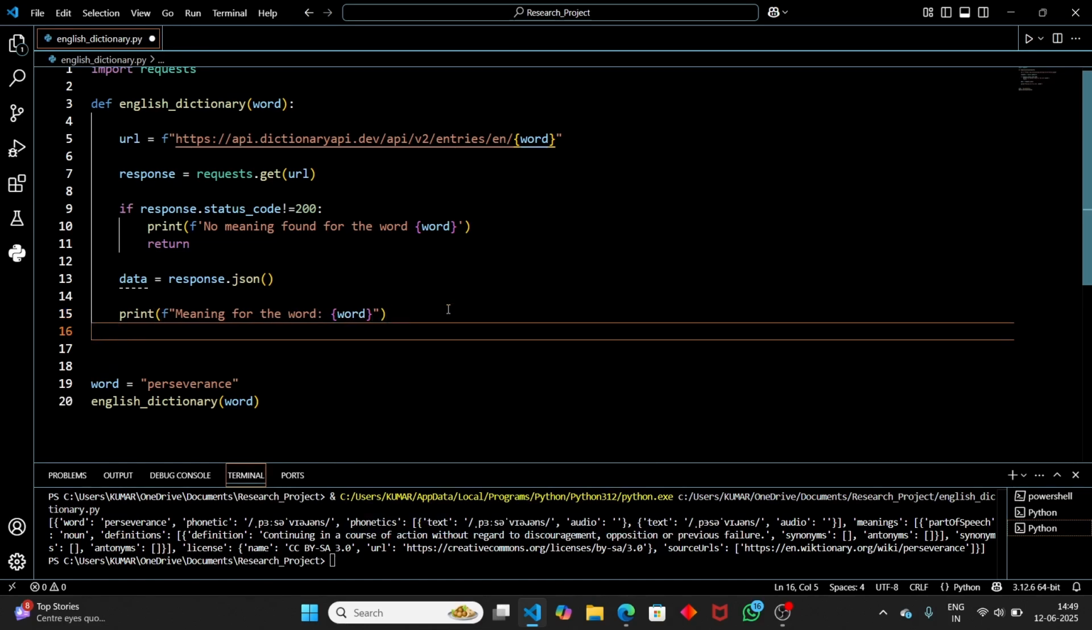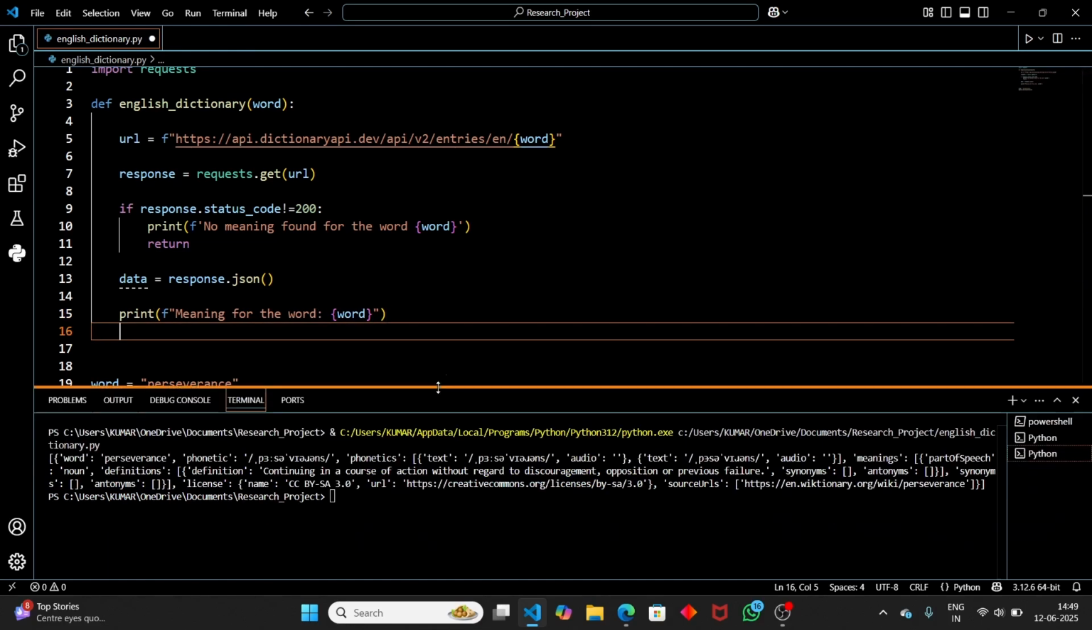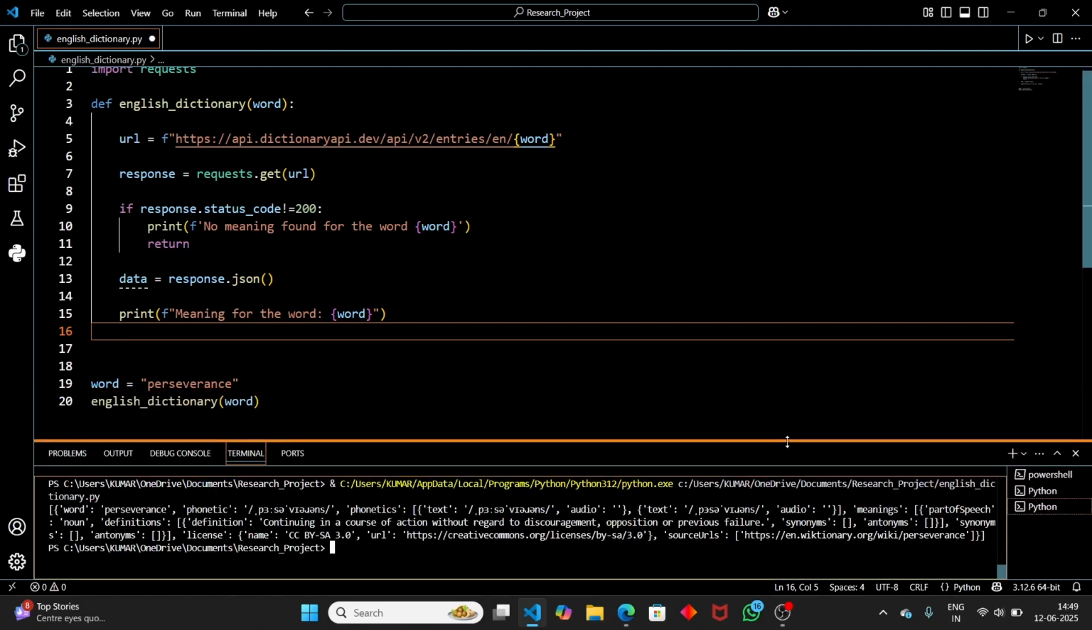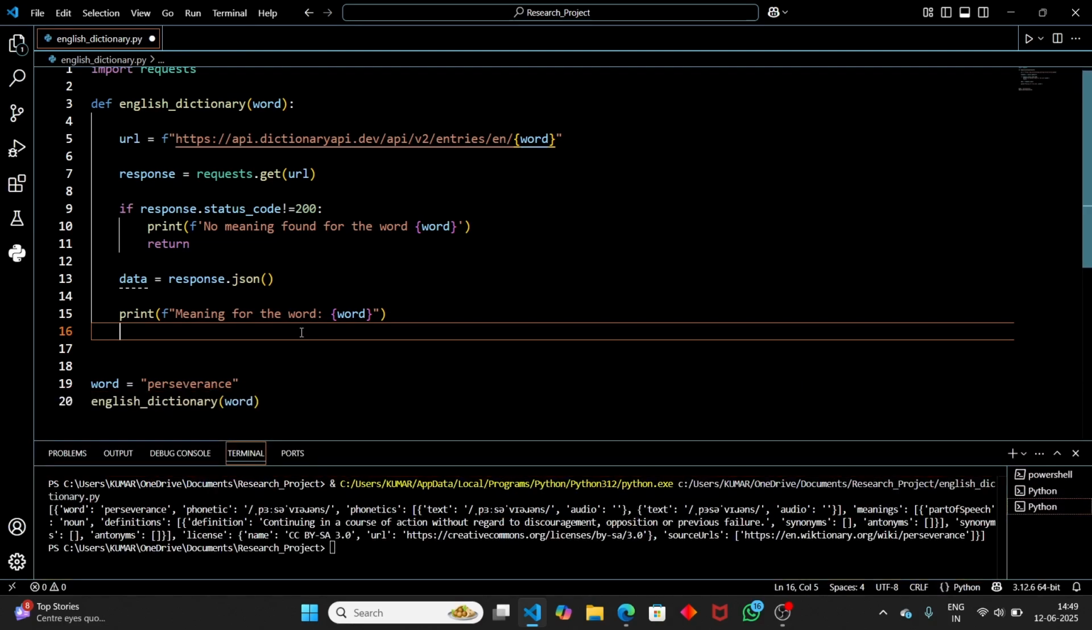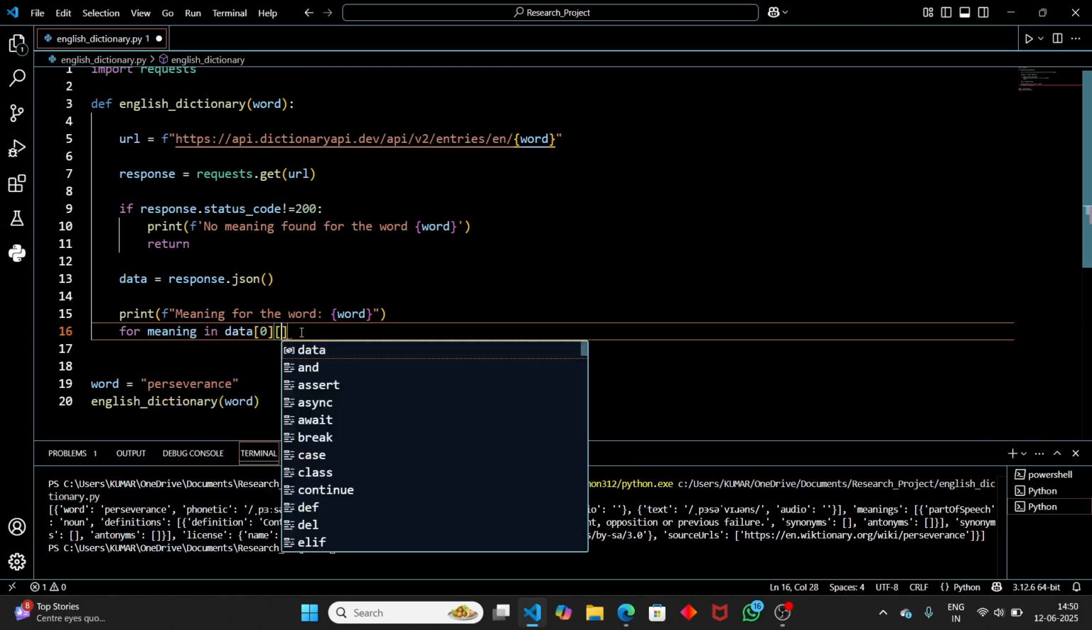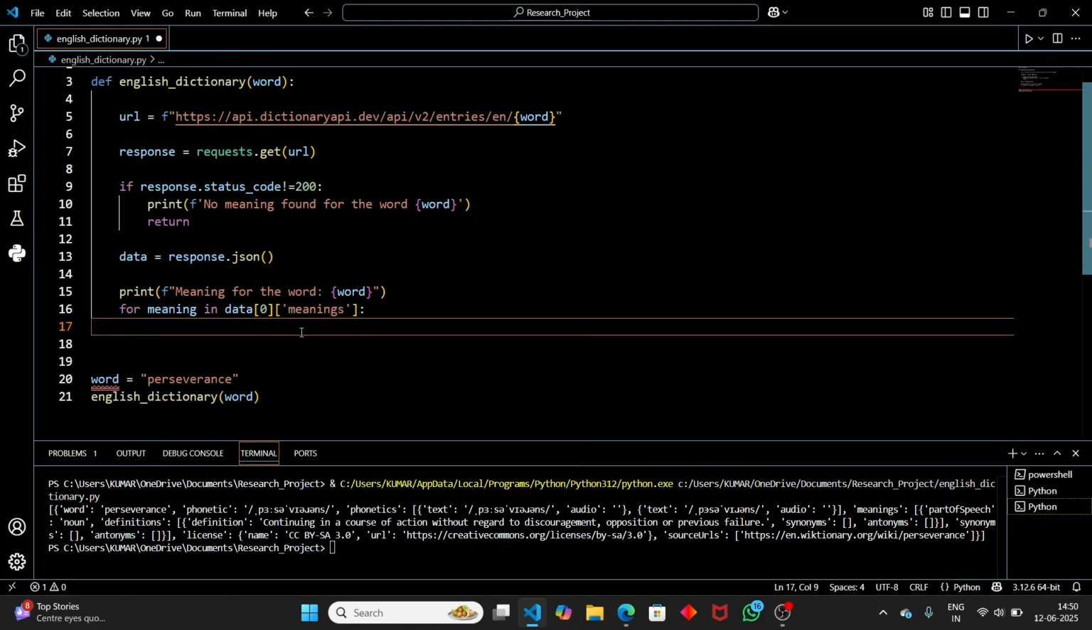Now we can look through this data because we are interested in this meanings key. Inside this meanings key, we have the definition as well as the parts of speech. So for meaning in data, we're gonna select the zeroth index. Inside the zeroth index, we have the meanings key, so let's select the meanings key. Now we got the meaning, right? What we can do is select the parts of speech. Parts of speech equal to